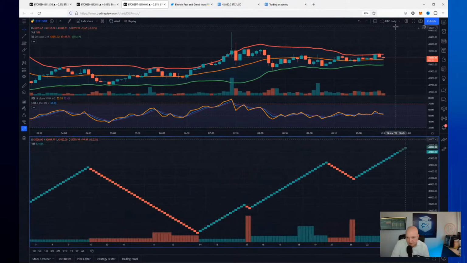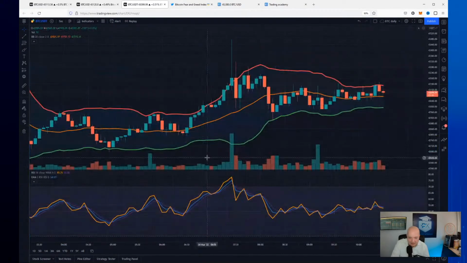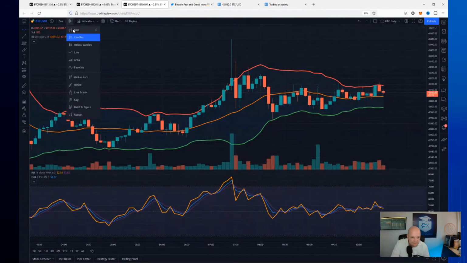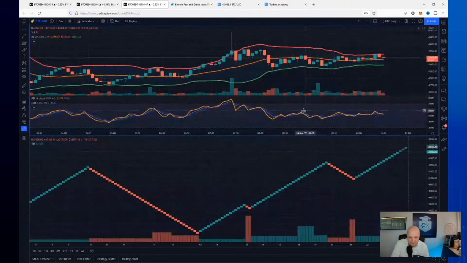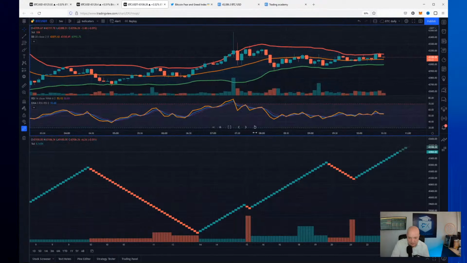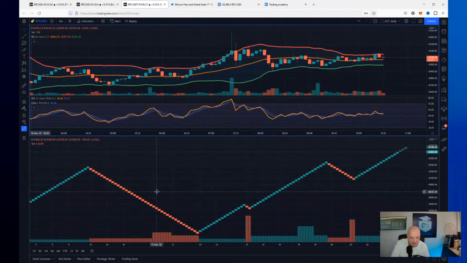And I want to make this one bigger. Hold on. Can I move this one? No, cannot. Doesn't matter. So Renko charts are charts that are not influenced by time, but are purely influenced by